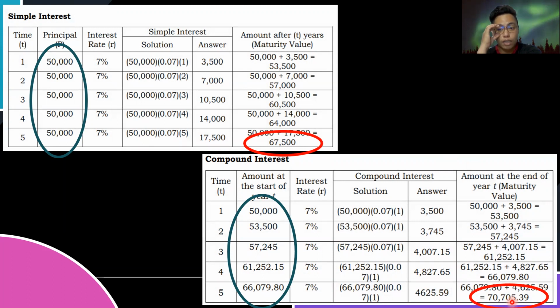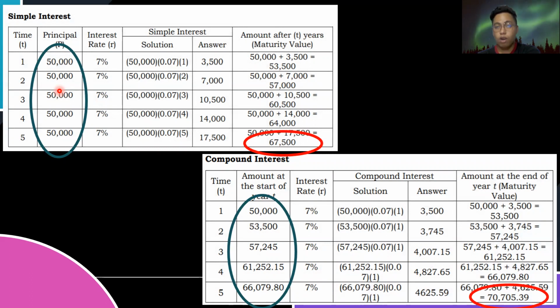Almost 20,000. Exactly 20,705.39 pesos. So why? It's because the principal amount here is increasing, unlike in simple interest, where it's constantly 50,000 pesos. So this difference between simple and compound interest will help us decide which bank to loan from and which